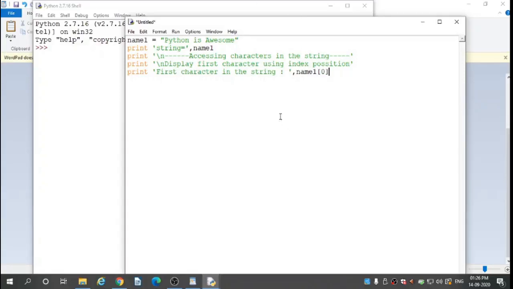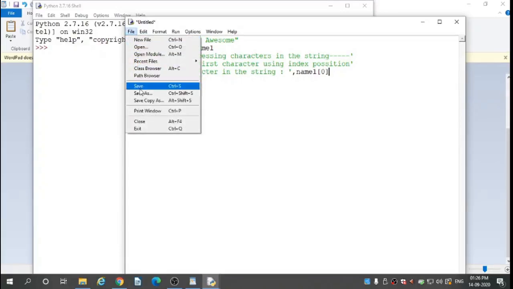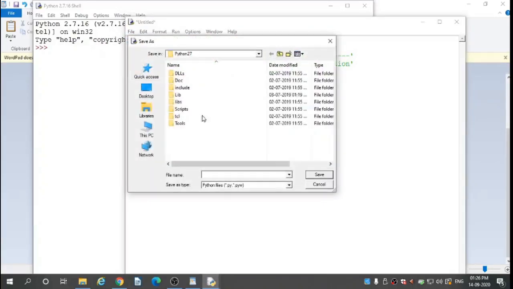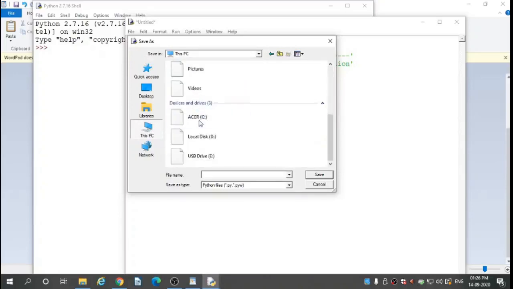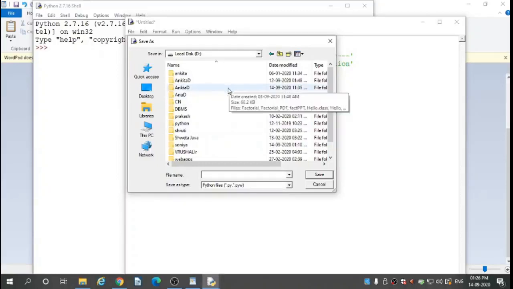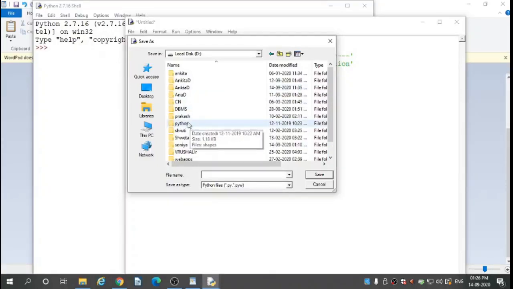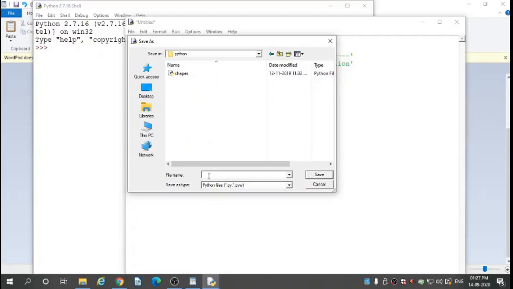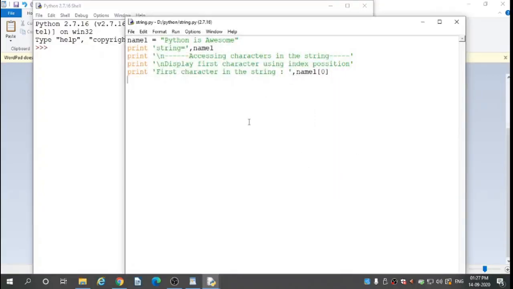First I save this program. Go to File, the save option, This PC, the D drive, and here I created one folder. That folder name is Python. I save the file with the name string.py. Here we display the first character using index position.